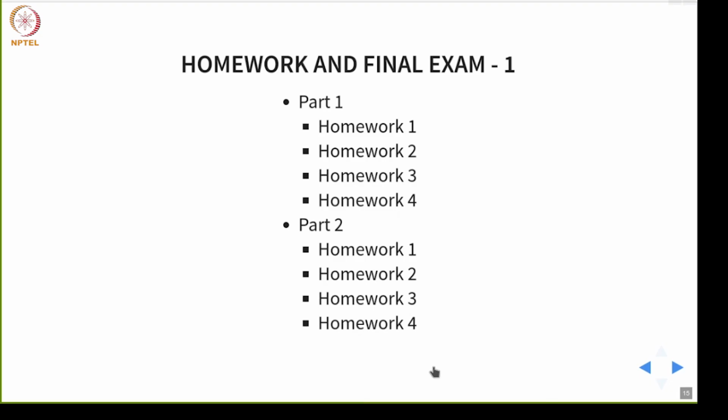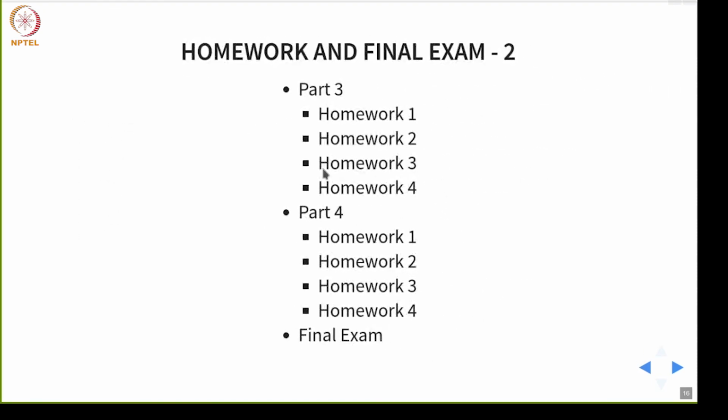This is really beneficial. So you will have 4 of these for every part that we cover, and then part 3 and part 4. So the structure repeats, and of course the final exam. What in other NPTEL courses would be assignments is now split into 4 homeworks, and all of that put together is the assignment for you. Okay, and of course the final exam is not going to be very different from the other NPTEL classes. If you have taken other NPTEL courses, you will have a final exam.